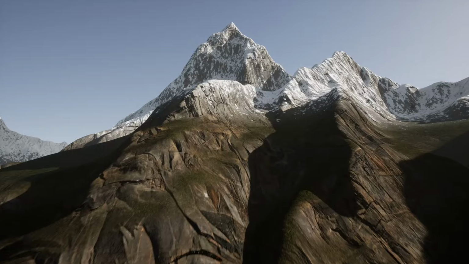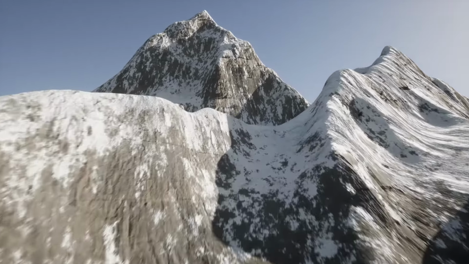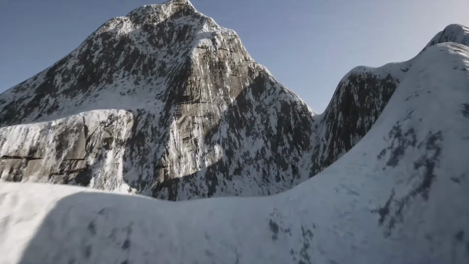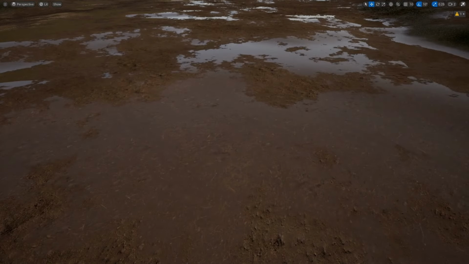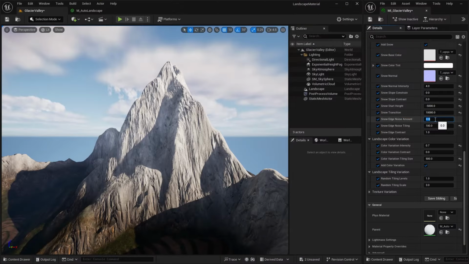In today's tutorial I'm going to show you how to add reflective water puddles to your landscape with various controls over the size, depth and look of those puddles. Let's get into it. Before we get going on today's episode, I need to fix an issue with the noise